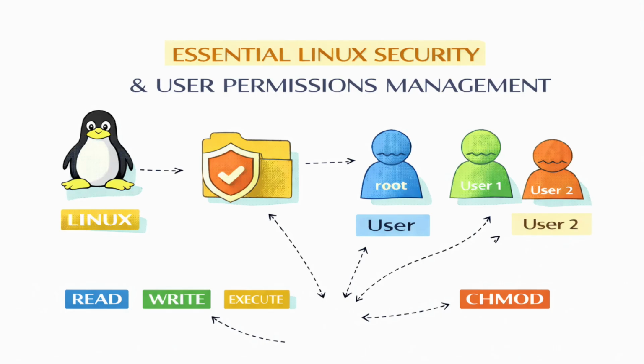Absolutely. And to leave you with a final thought to consider that builds on all this: if capabilities divide the massive power of the root user into dozens of smaller individual pieces, what are the implications for application developers who only need one tiny sliver of that power? Like the ability to bind to a low port number or read raw network data. How does the complexity of managing all those different capability flags still result in a system that is far more secure than the old all-or-nothing approach? It's a worthwhile exercise.